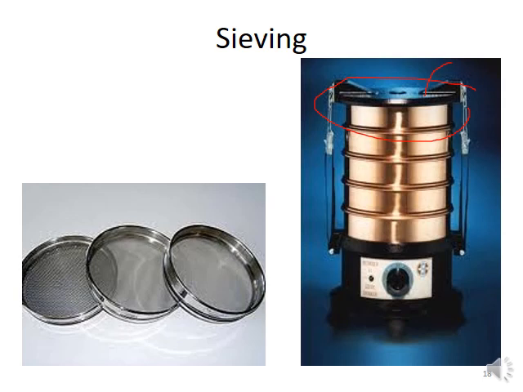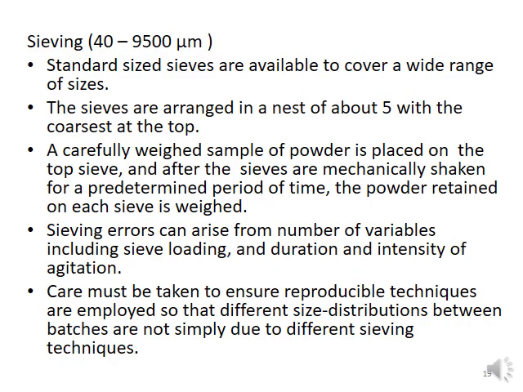The powder retained on each sieve is then weighed. Standard sized sieves are usually available to cover a wide range. As I mentioned earlier, the sieves are arranged with the coarsest at the top. Then the powder is placed on the top sieve and the sieves are mechanically shaken for a predetermined period of